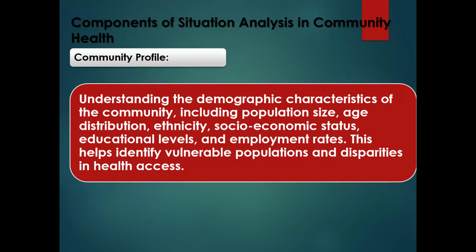You have to understand the demographic characteristics of the community you are doing this program or process in. You have to understand their population size, age distribution, ethnicity, socioeconomic status, poor, rich, middle class. You have to find out the educational level, employment rate, the occupations they have there, the vulnerable population in that community,